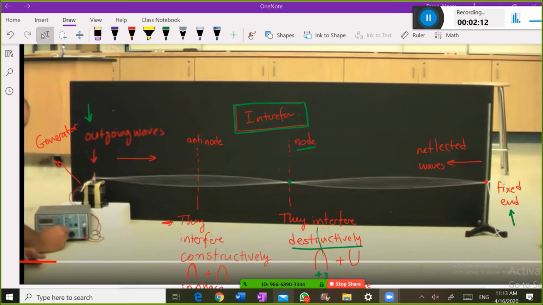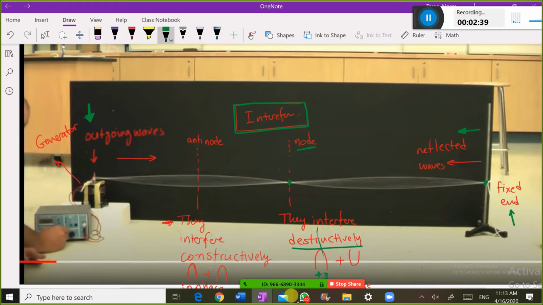These progressive waves go outgoing from a generator or from the source, and will be reflected back from this fixed point. As a result of this interference between the outgoing waves and reflected waves, there